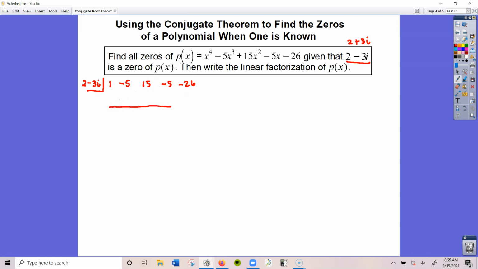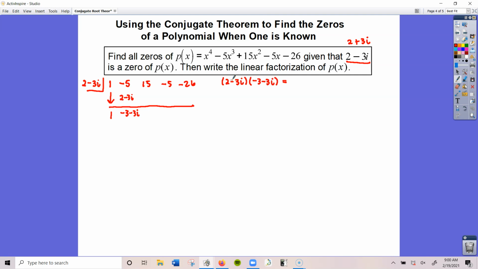So here we go. This is where it's going to get a little bit hairy, but I promise it's going to be fine. We bring down the 1. Then we multiply. 1 times 2 minus 3i is 2 minus 3i. Then we have negative 5 plus 2 minus 3i. So we only combine the real parts here. Negative 5 plus 2 is negative 3 minus 3i. And then we have to multiply these two together, but we've done that before. So we have to multiply 2 minus 3i with negative 3 minus 3i,